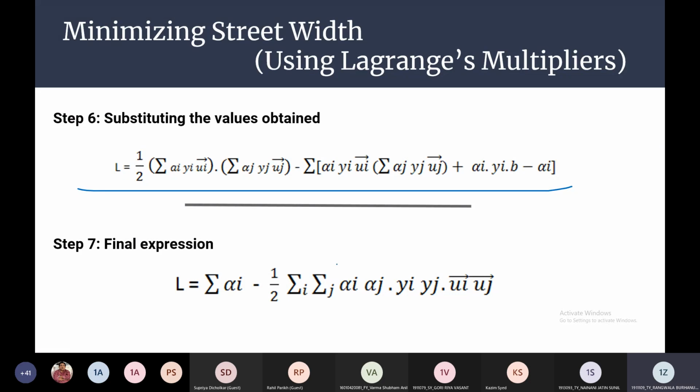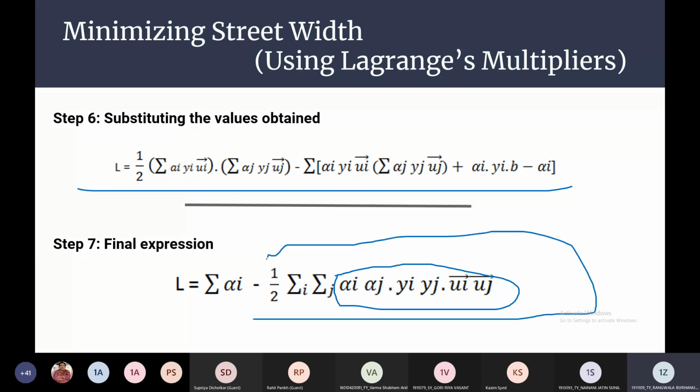So now what does this thing stand for? This is our main function. This is our optimizing function. This is basically a maximization function, you could call it. And this thing is basically the dot product between two different sample points. So this entire thing is the sum of the dot product between two different sample points. So this is how the entire maximization function works.